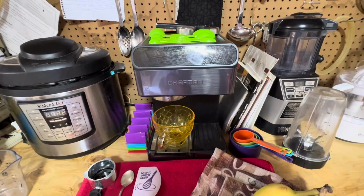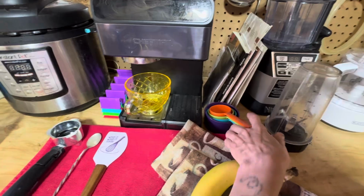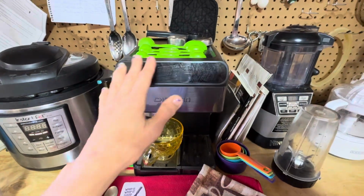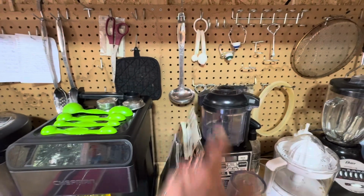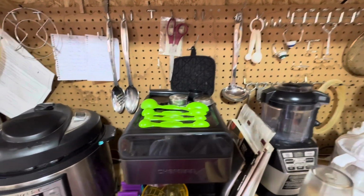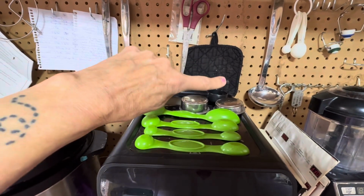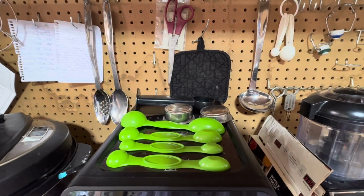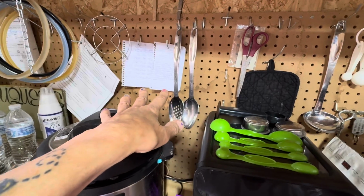Another thing I want to mention is I found some things that I had been looking for, like my colorful measuring cups and my colorful taco holders. And then Shaggy had his own set of measuring spoons, and I have my old measuring spoons. Everything's out here. I have one good stainless steel set of cooking implements, and those are out here along with the hot pad for getting the bread out of the oven. You always got to have a pair of kitchen shears. Recipes for the bread,